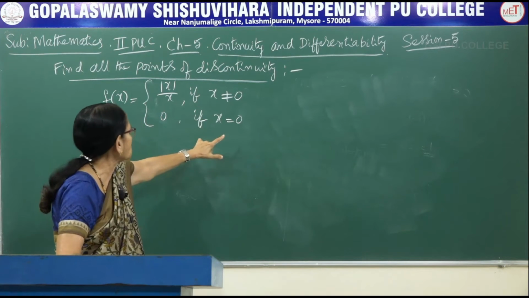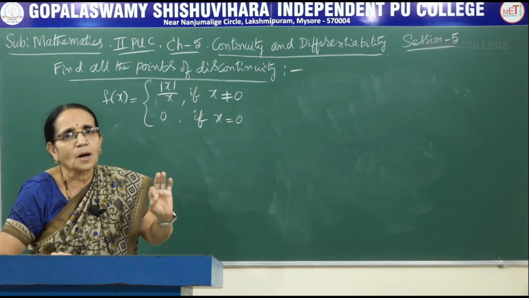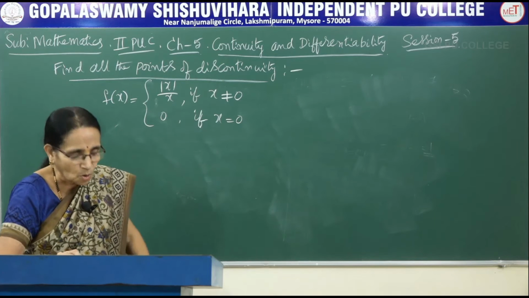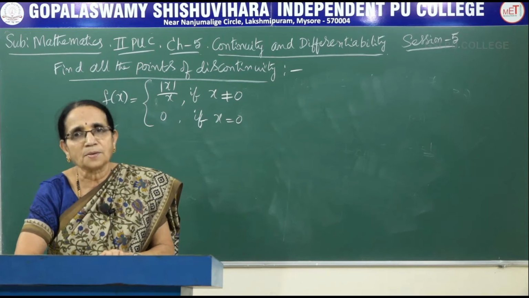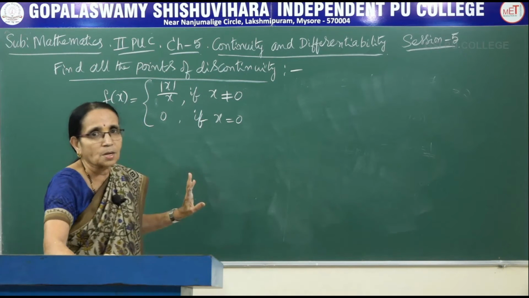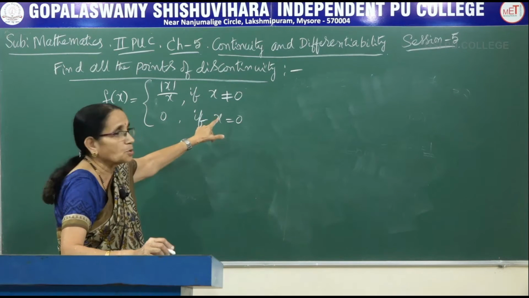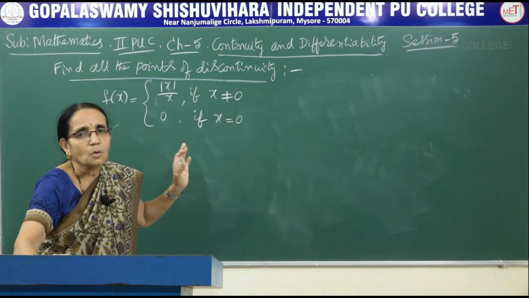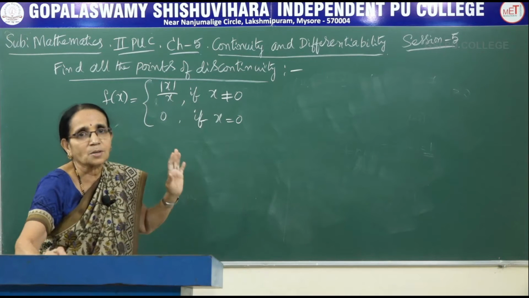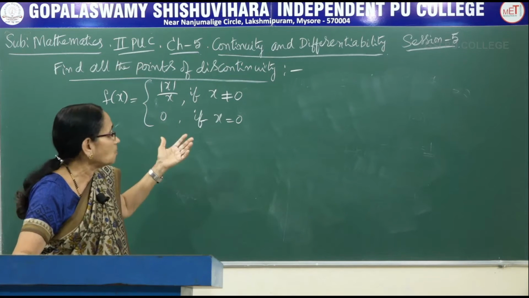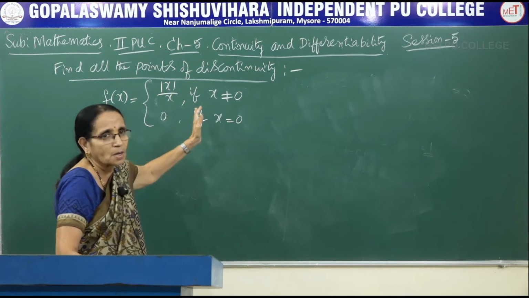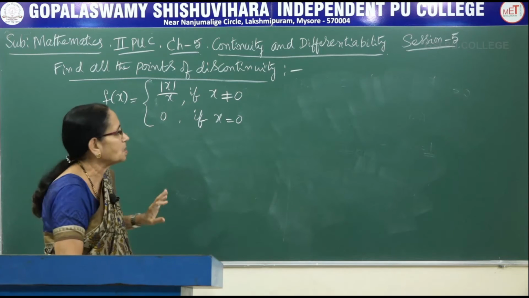So then you have to consider the function like this. If x is equal to 0, when x takes the exact value of 0, the value of f of x is given to be equal to 0. So we know the value of the function at x equal to 0. It is 0 itself. So f of 0 is 0. When x is not equal to 0, we have to find out what would be the limit of that. Because here I am considering the modulus function, we will again have the left hand limit as well as the right hand limit. Suppose the modulus sign is not there, then directly you can get the limit of the function.